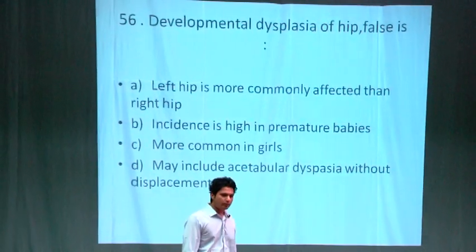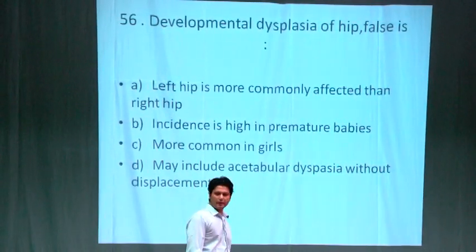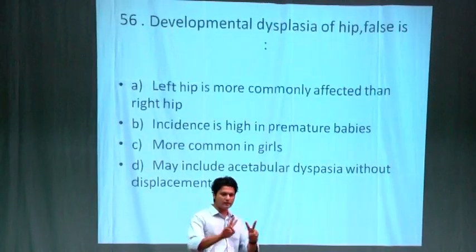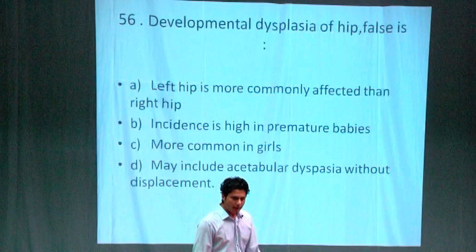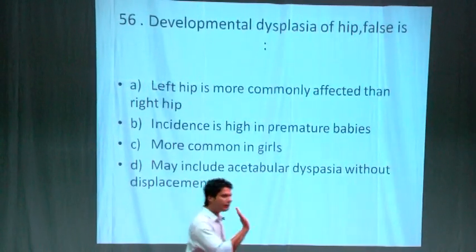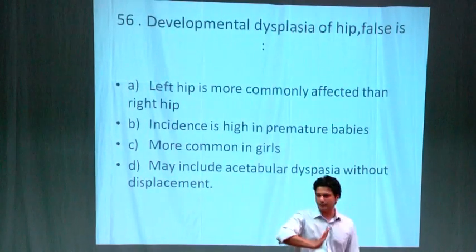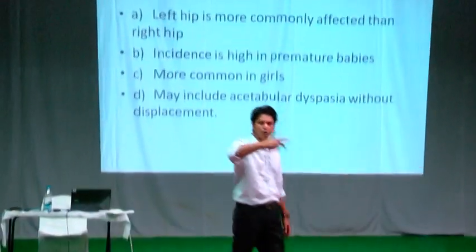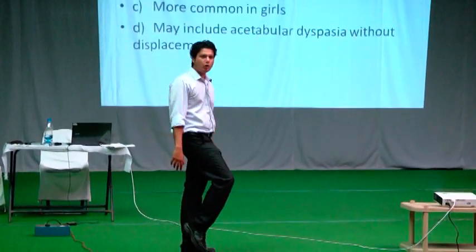You are not able to lift it up. While walking, upon heel strike, there are two phases in walking, swing phase and stance phase. In the stance phase, the first step is heel strike. And for this heel strike, the foot has to be dorsiflexed. In case of common peroneal nerve palsy, there is no dorsiflexion. There is foot drop.